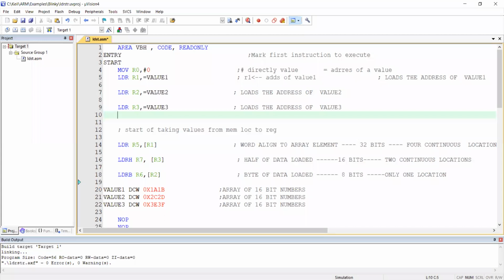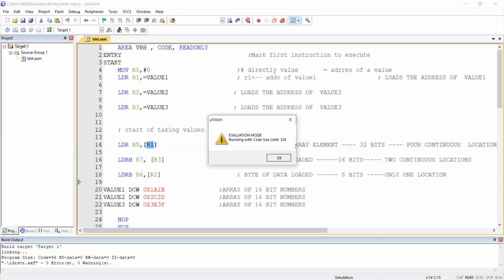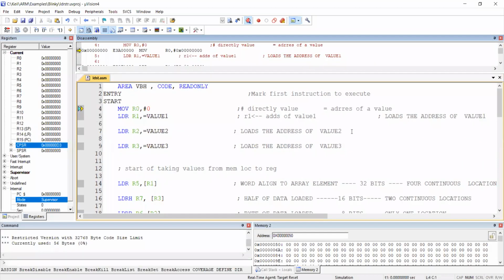Okay, now the question: what this line, which I have selected, will do is take 32 bits of data which is pointed to by location R1. Now what I will do is start debugging, so you will get more knowledge about this. Please do keep on replying in the chat box. I will make it active.